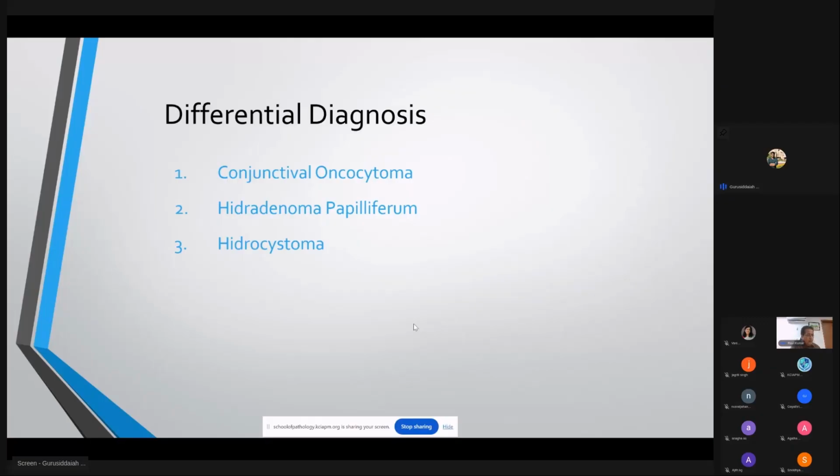There's a complex pattern of branching, focally forming papillae, and there is oxyphilic metaplasia seen as well. The point which goes against hidradenoma papilliferum is the myoepithelial layer, which is absent or very focally present and suppressed here. And my third differential, hidrocystoma: the points in favor are that it's multiloculated and well circumscribed, and it has an epithelial